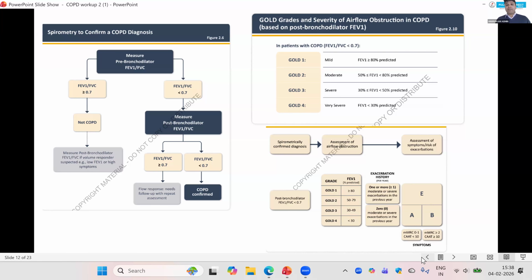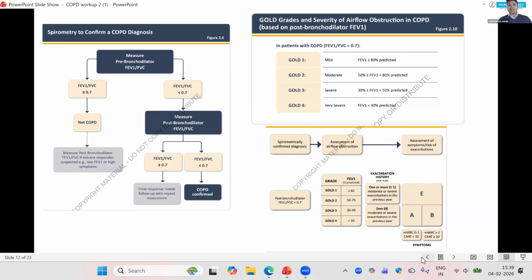GOLD 1 is mild, which is FEV1 more than 80% predicted. Moderate is between 50 and 80, severe is 30 to 50%, and very severe is less than 30%. Now you have the GOLD severity classification with you. You have the history with you, and then you have to ask the patient about breathlessness. Then you classify that breathlessness with the mMRC scale, and